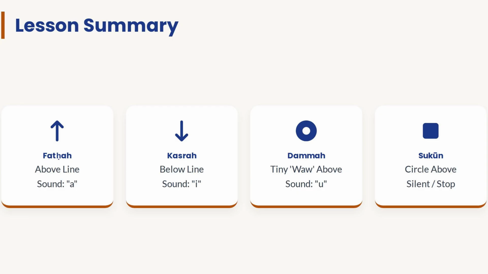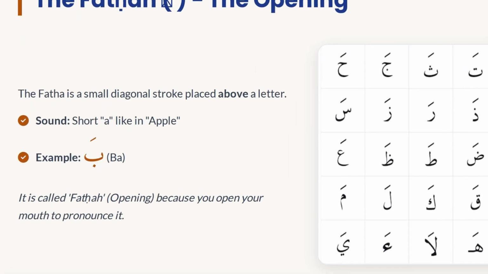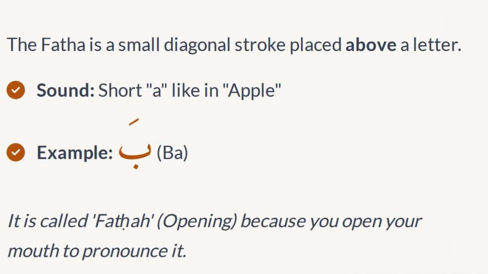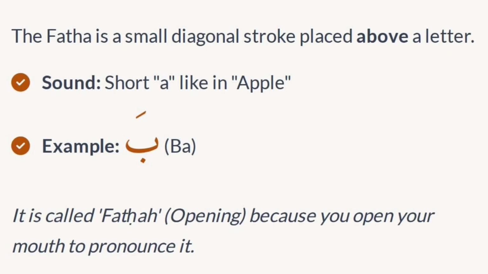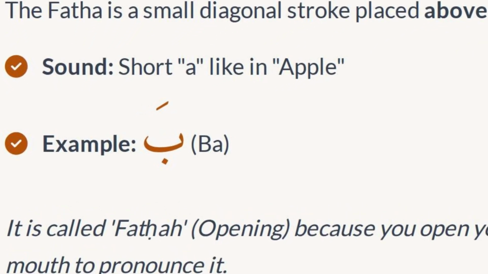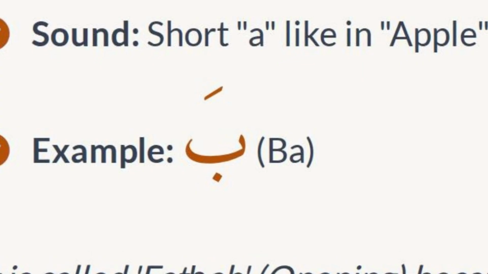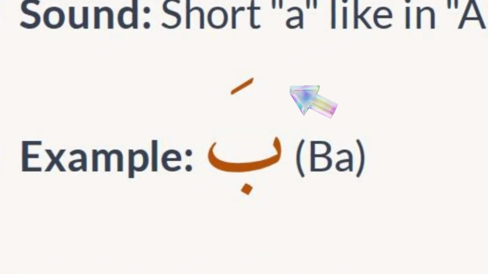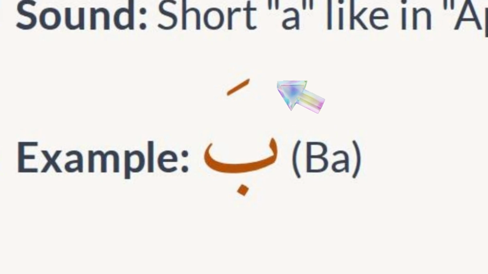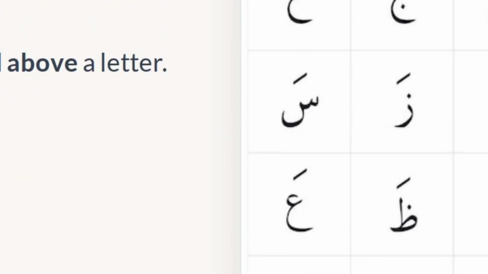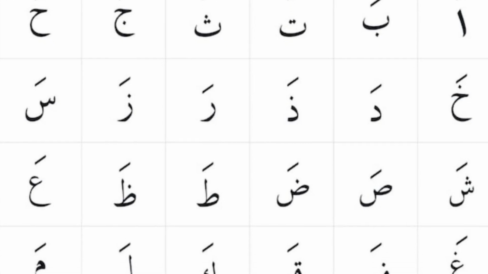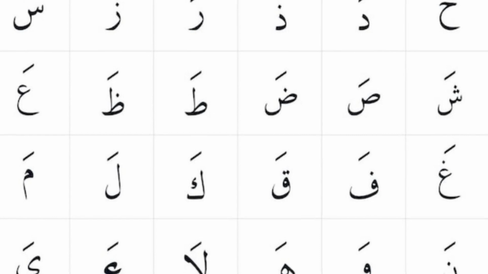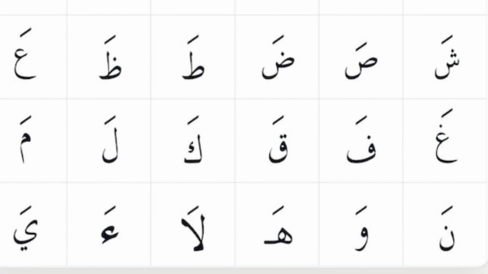That quick review. So we have seen the fatha. It's a short line above the letter, and it plays the role of A in apple. For example, here we have the letter ba, and we have a fatha above it, so it goes like this, ba, ba. So the letters go that way: a, ba, ta, tha, ja, ha, kha, da, tha, ra, za, sa,